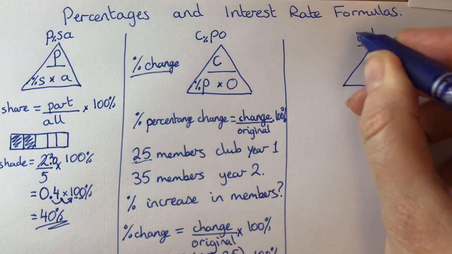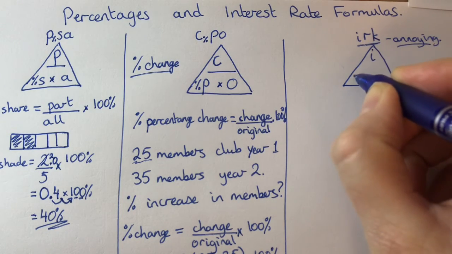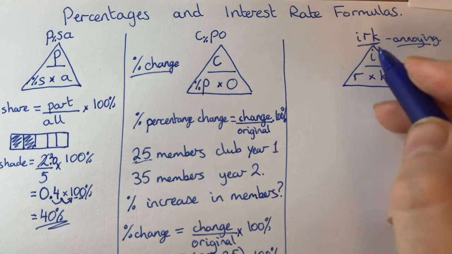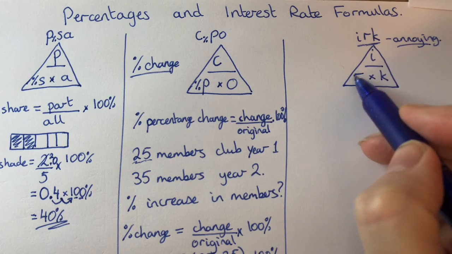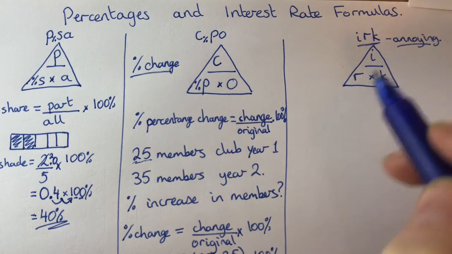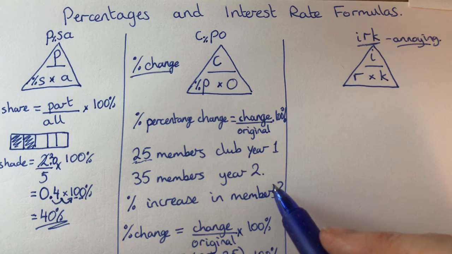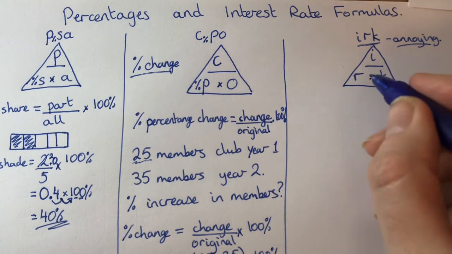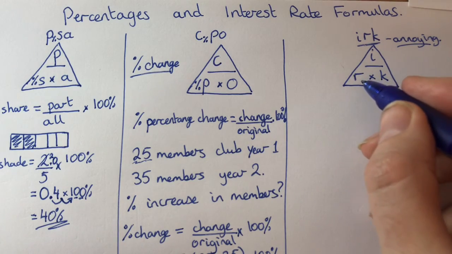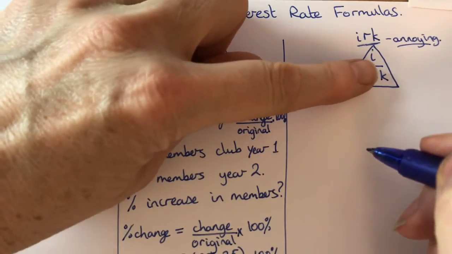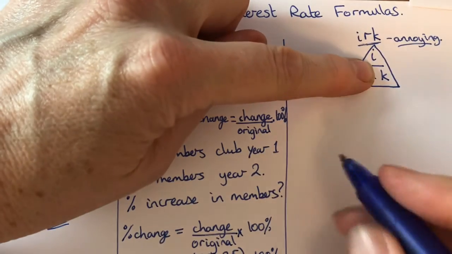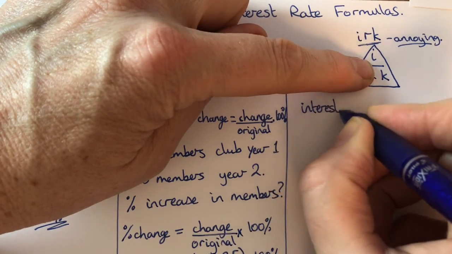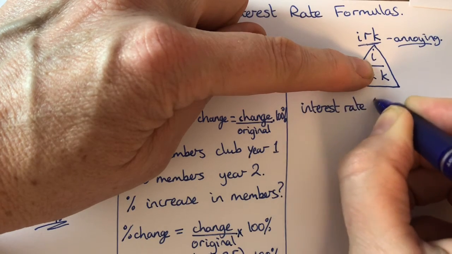So we start by writing in IRK in exactly the same way that we have with the other ones. Start at the top middle and then go down. IRK. And what does that mean then? Well, it means that if we want to try and work out what the interest rate is in percent, cover it over again with our hand. Interest rate in percent